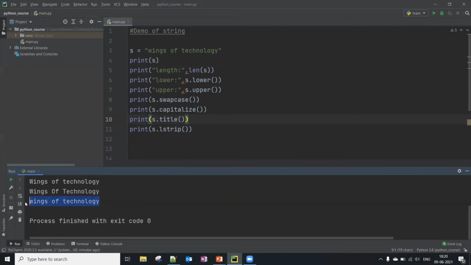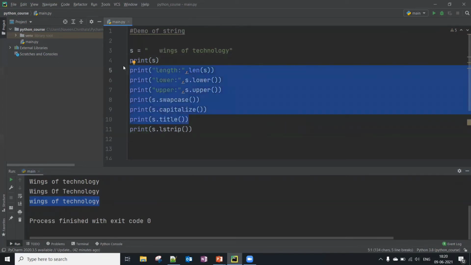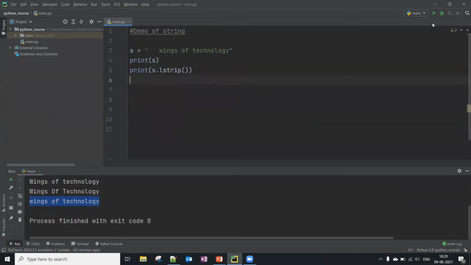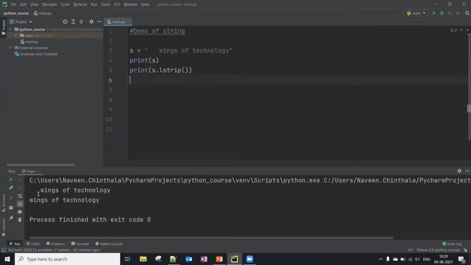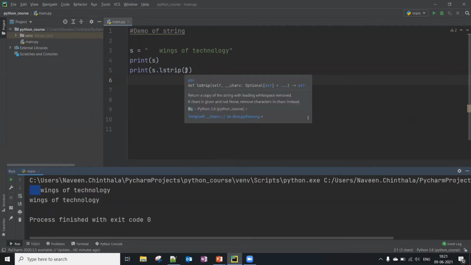And for the strip case, let's see if you have something like this. Okay, let me delete all these things. So now I'm printing only this. If you see, there are spaces here. So we asked to strip all the left spaces. Okay, by default it strips the spaces.